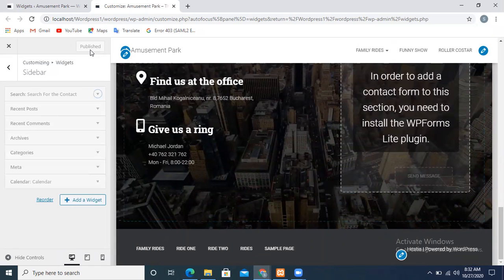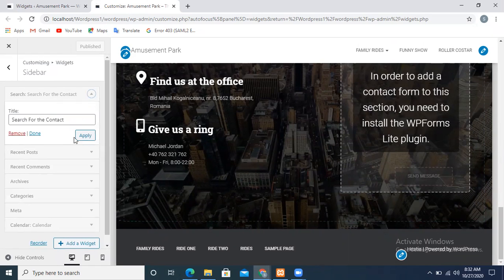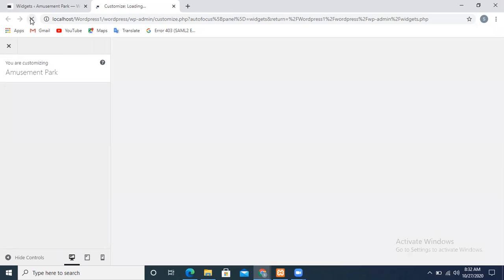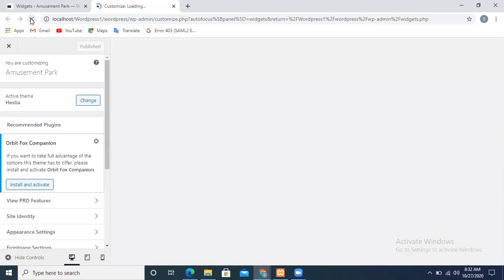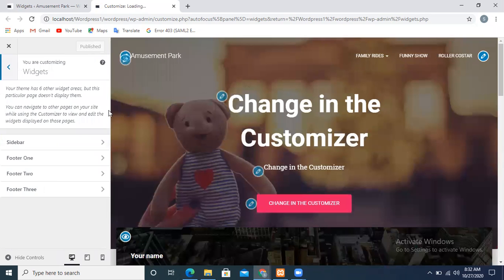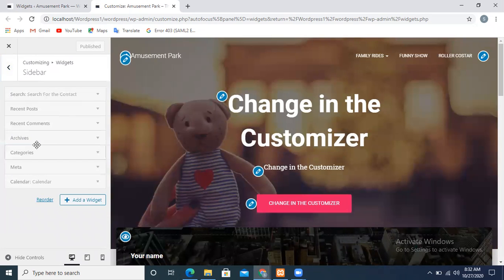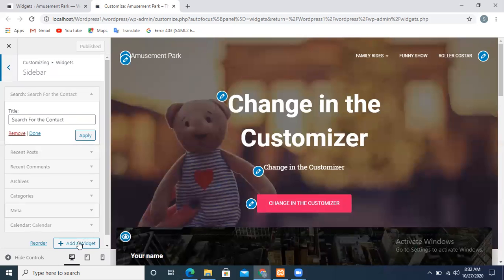First of all, it should remain published. When it shows that it is published, then our website will contain it. Apply. Does our sidebar contain search? It has not been added over here.